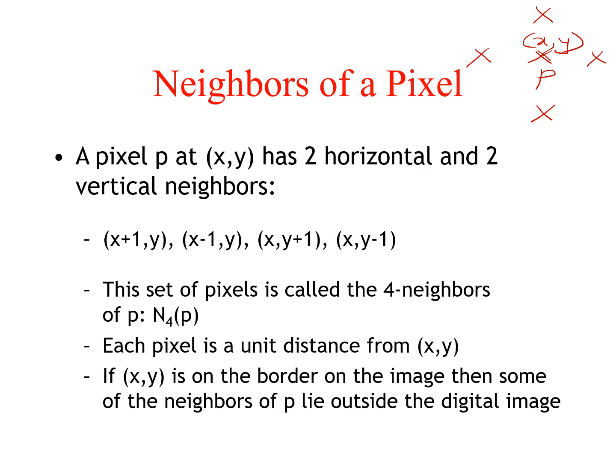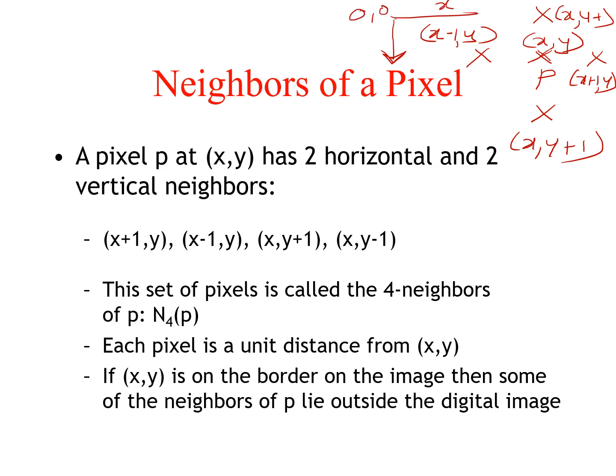Yeah, this is true. So if this is x and y, then what will be this? This will be x minus 1, y. And this will be x plus 1, y. Similarly, this will be x comma y minus 1 and this is x comma y plus 1. Because if you remember, in the first or second lecture I told you it will be like this: this is 0 comma 0, this is your x and this is your y. That we have seen.